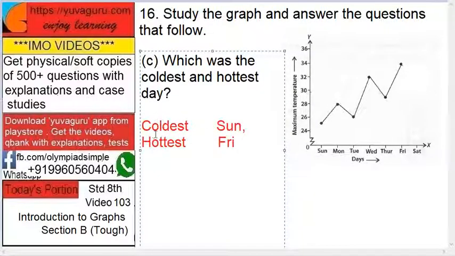Okay, coldest and hottest. So coldest is what? When 25 degrees. Okay. So